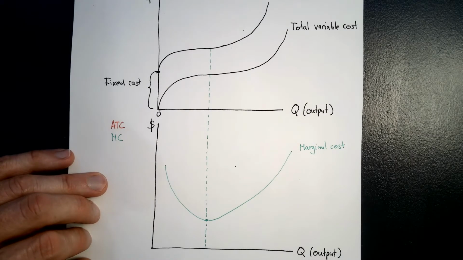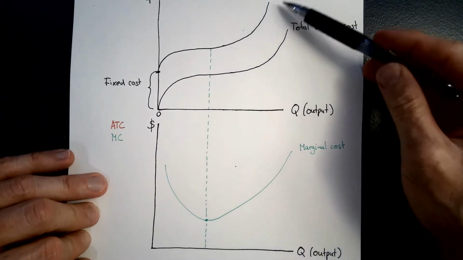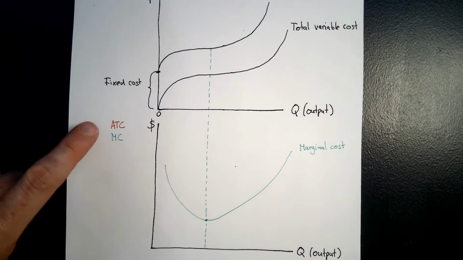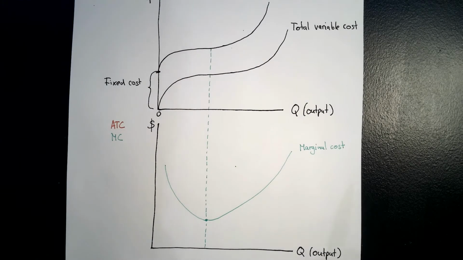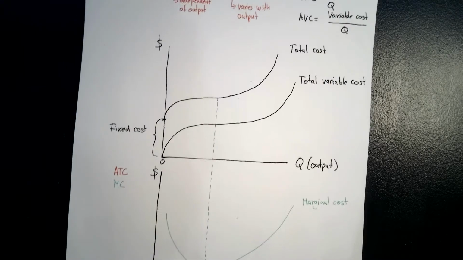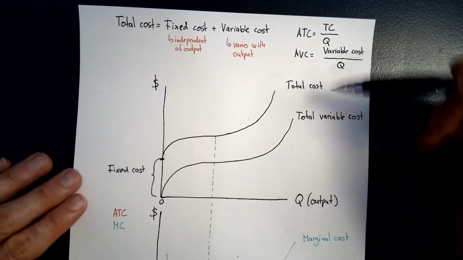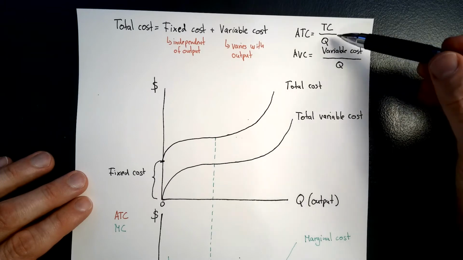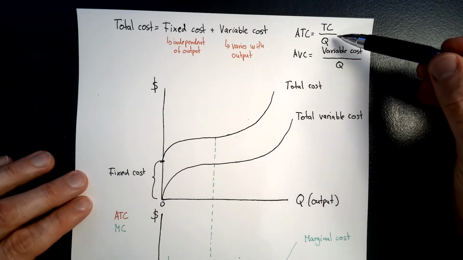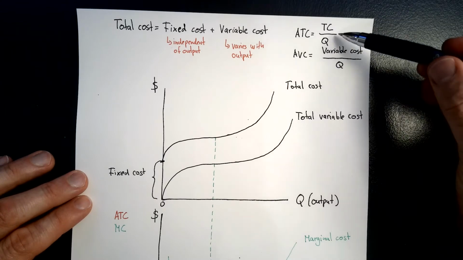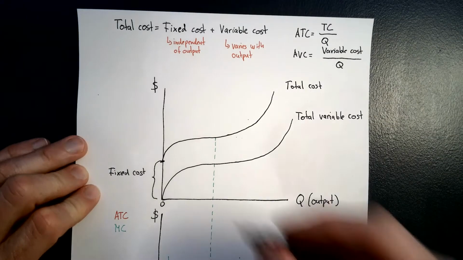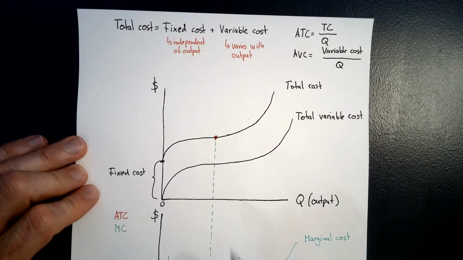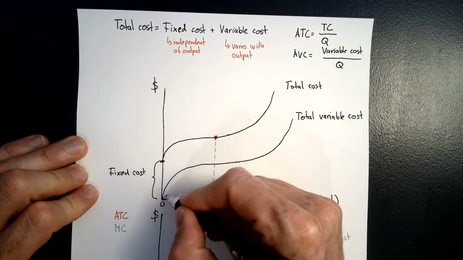Now, let me look at the total cost function. Okay? And what I'm going to do is derive the average total cost next. Remember that the average total cost is the total cost divided by the quantity. And here it would come in handy if you remembered what we have seen in the producer theory video. Okay? What this means is that if you are taking a particular point, let's take this point here, and you are connecting this point to the origin,